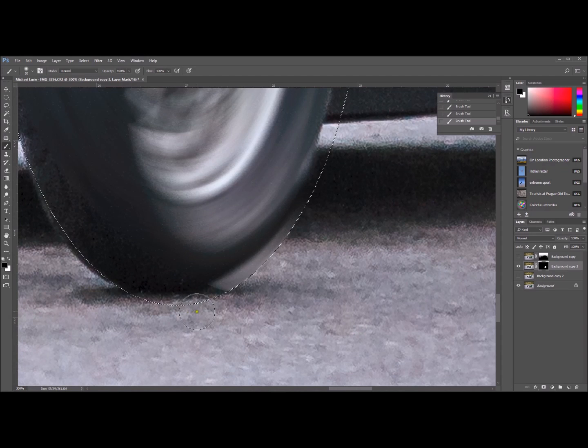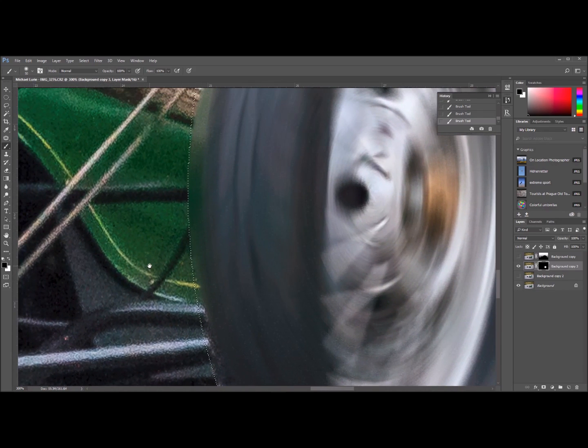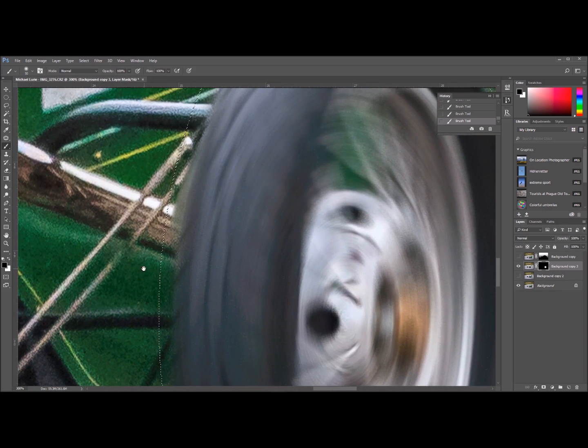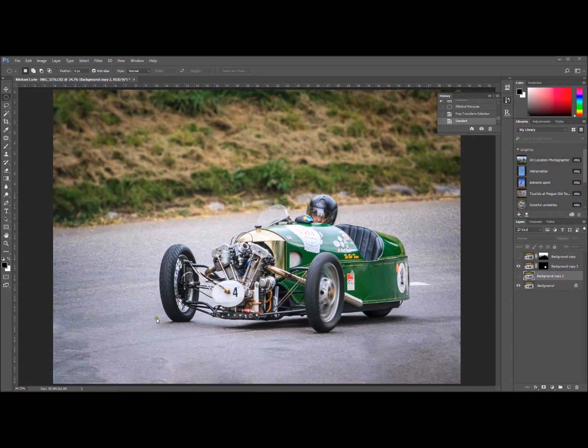As I said earlier, we don't need to be 100% accurate, but we do need to make sure that we do get rid of all of the bits that do look wrong. So let's just zoom out. Okay, so that's got one wheel done,